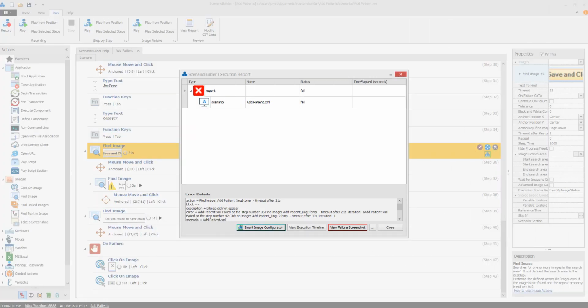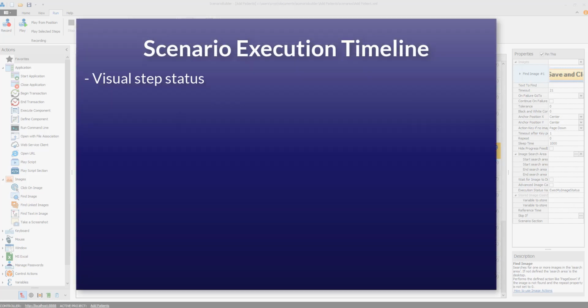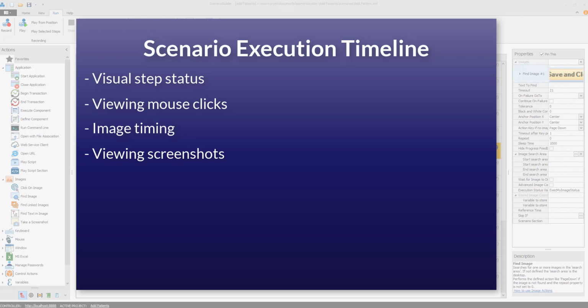In this Scenario Builder video, we will be looking at how to use the Scenario Execution Timeline. This tool can help in many ways, some of which are quick visual of step status, seeing exactly where the mouse clicked, knowing how long it took to find an image, along with suggestions on improving the application's ability to find the image, viewing a screenshot for each step that was executed,